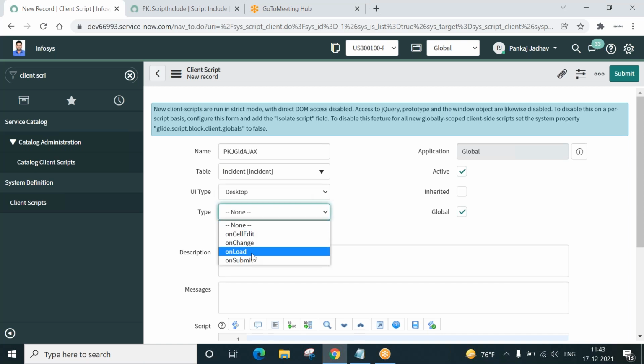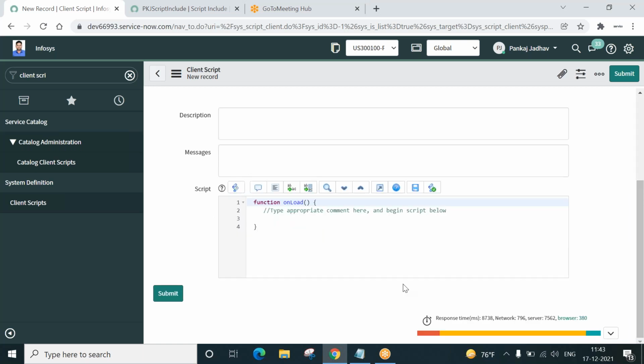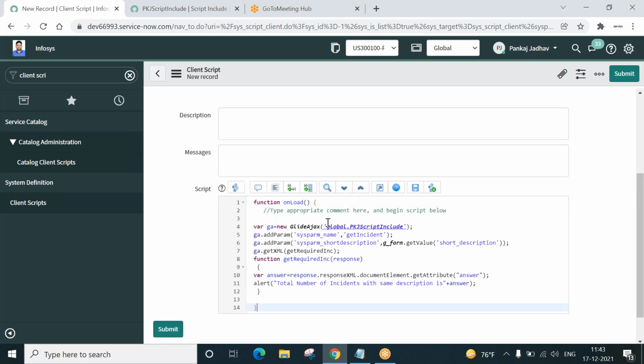Type should be, for our use case, onLoad, because as soon as we open the record, it goes to the server. See how the flow is. As soon as I open the incident record, the onLoad client script will be called. Inside this, we have written code. What is that code? Control A, Control V. This is the code. This code will give a call to our script include.